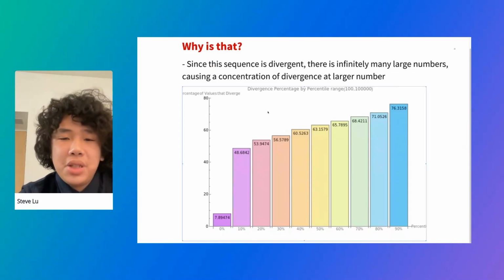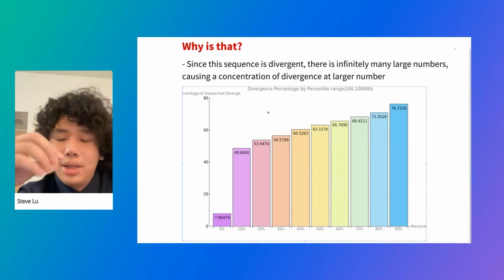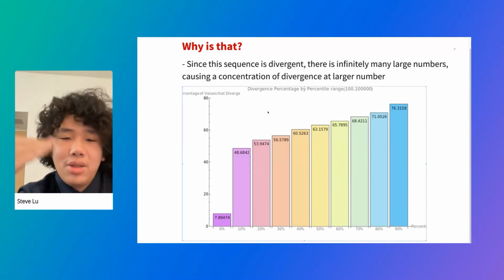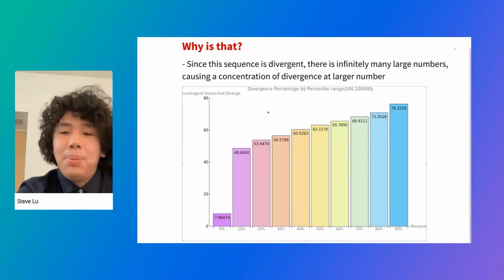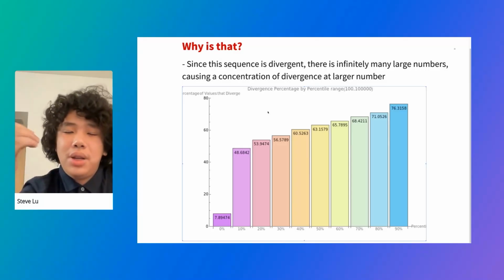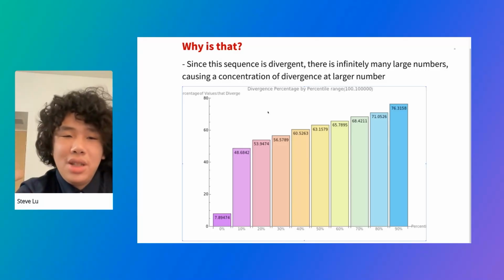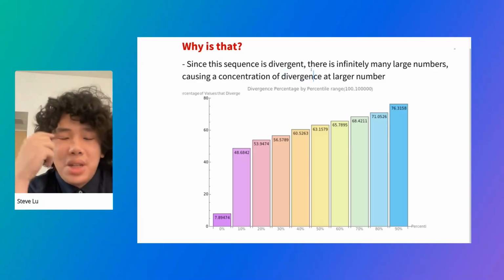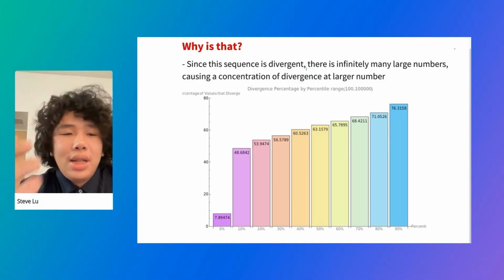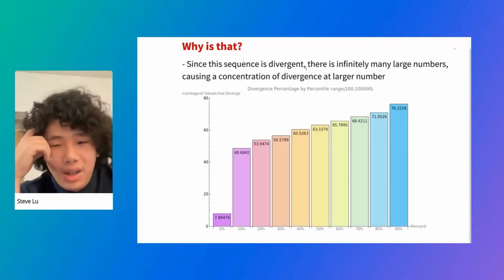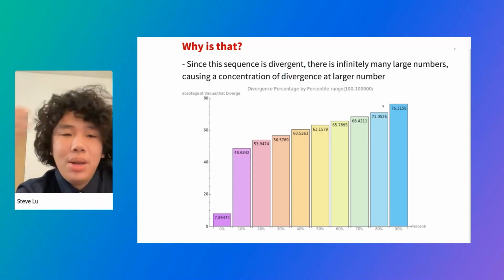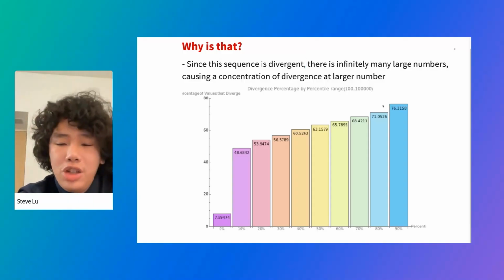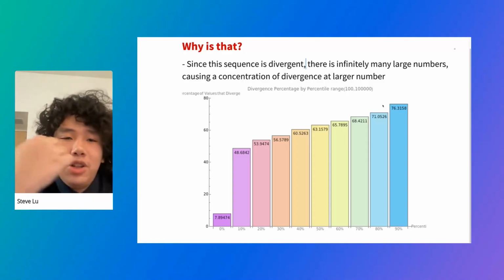This is basically showing the percentage of values that diverge, so I can see how many values start to diverge as you get to higher and higher plots. It's kind of surprising that about 76%, which is a pretty huge majority of them, is actually divergent. And it's basically infinitely large numbers that are divergent because, as you noted before, that sequence is divergent. So as it goes to infinity, the number just grows infinitely large. And so this causes more large numbers to be more likely to be in the divergent sequence